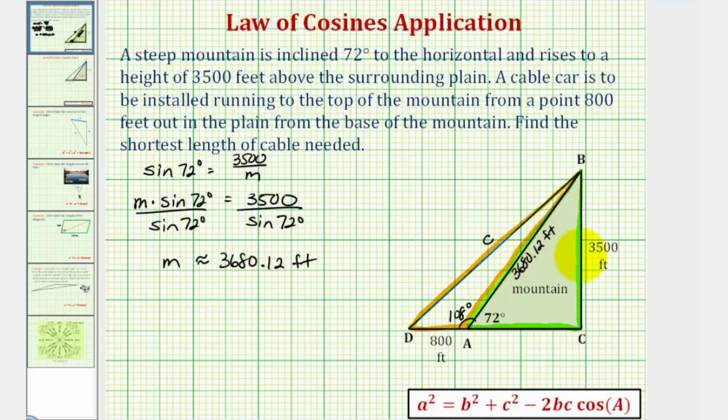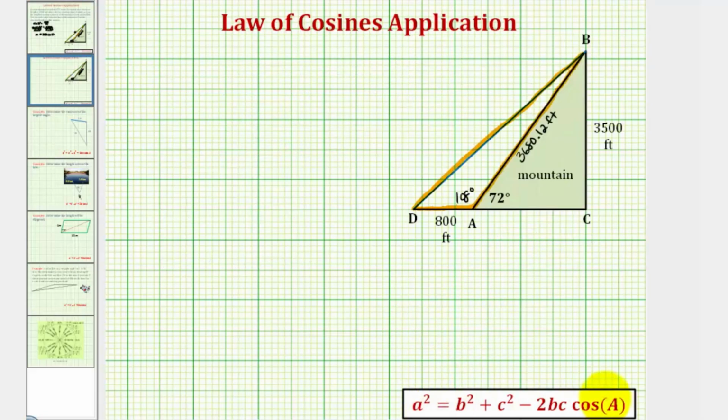And now using the obtuse triangle, or this orange triangle here, we can apply the law of cosines to determine the length of side C. Let's set this up on the next slide. The law of cosines is given here below. The main thing to remember here is that if we use side A here on the left, the relationship is that angle A would be opposite side A, and the sides that form angle A would be sides B and C. So if we want to find the length of BD, which we called side C,